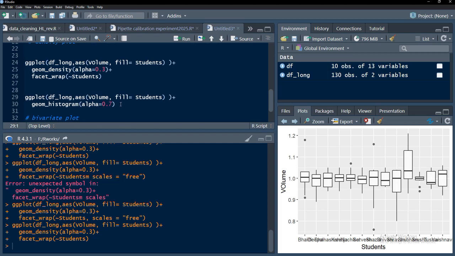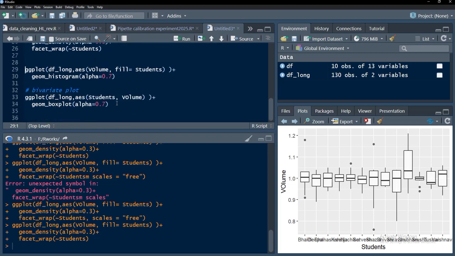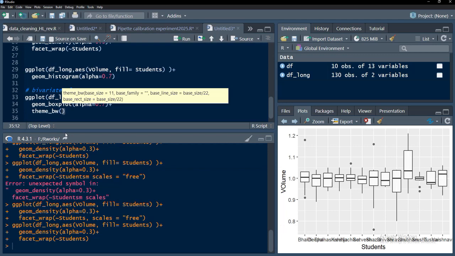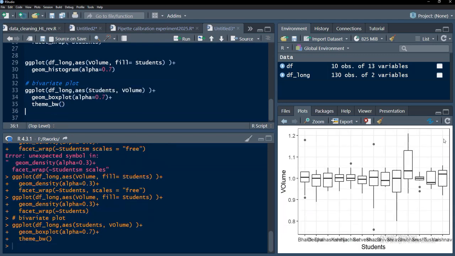Now we want to make this box plot a little attractive, therefore plus we will play with this theme. I will just change that theme to theme black and white. It will look better as compared to this gray background. On the gray background, colors are more visible, but we don't have colors. Therefore this box plot is quite a good box plot. Now we will play with this